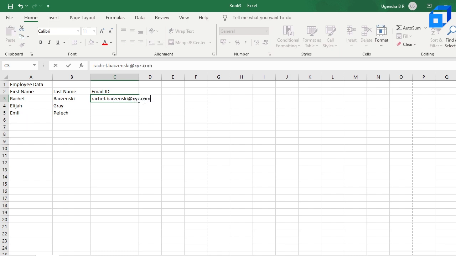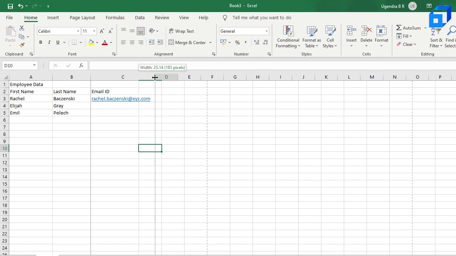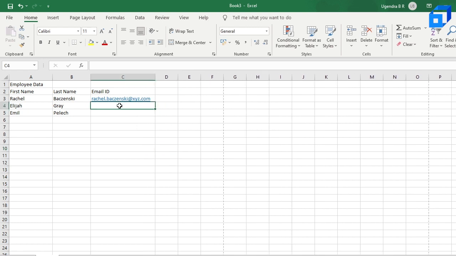And now you can also see that .com seems to be in the D3 cell. So what you do is you extend the size of this. So what I'll do now is I'll create another 10 employees or so, and then we'll move on to the next part.